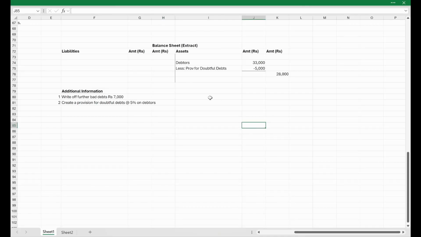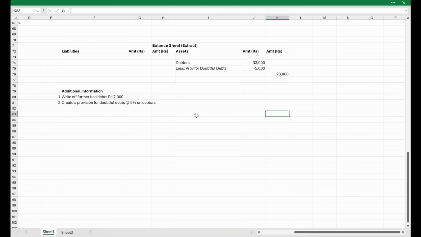So we have a question here. Balance sheet extract has been given and the balance sheet has a debtors value of 33,000 and the provision for doubtful debts is already there, 5,000 rupees, old provision, and that gives us a net debtor of 28,000. Adjustment says that write off further bad debts rupees 7,000 and then create a provision for doubtful debts at 5%